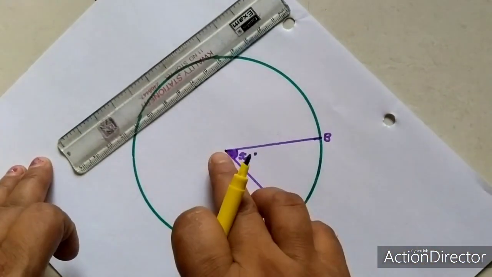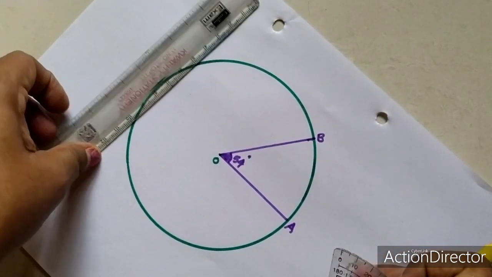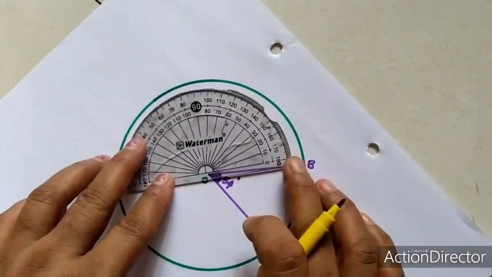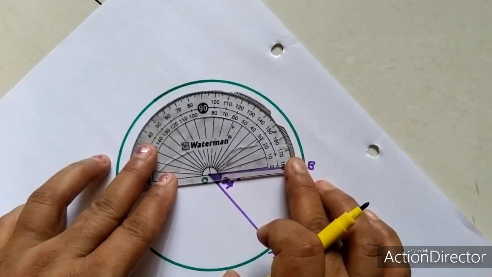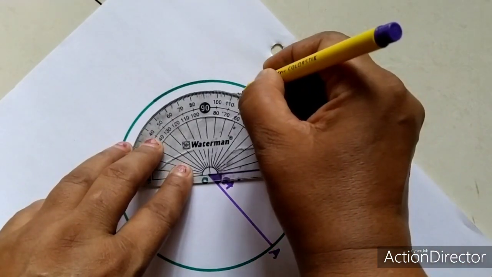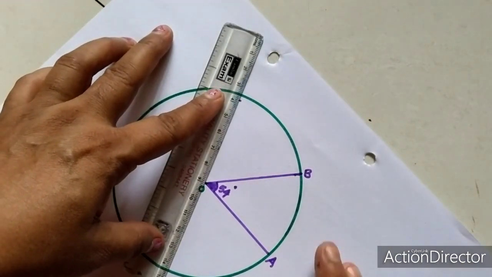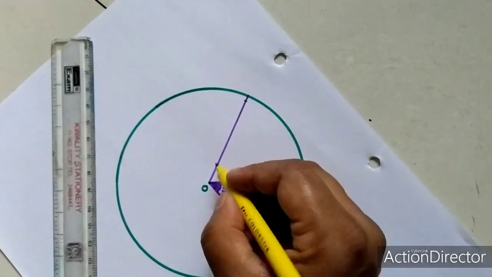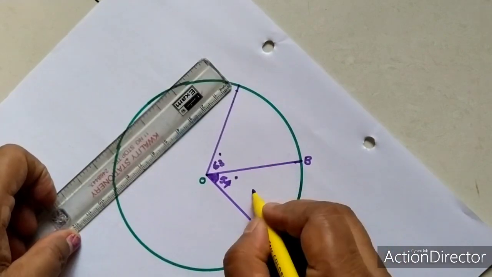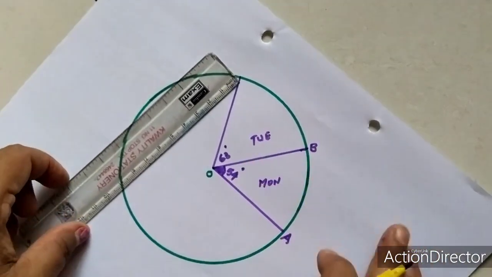Now with the help of the same OB radius, that means the second radius, we are going to make another angle 63, because the second angle was 63. So you have to keep the protractor in this way, okay, and mark wherever you are getting 63. So 63 here it is. So I will make 63 degree and we have to join in this way to get another part as 63 degree. This one is for Tuesday, okay. This one for Monday, this is for Tuesday, and if you want to color it you can, if you want to shade it you can.